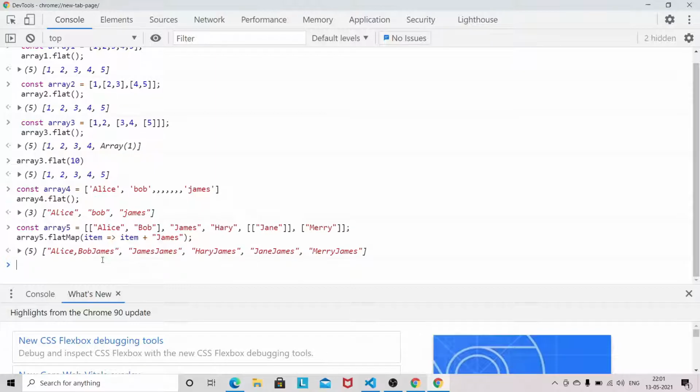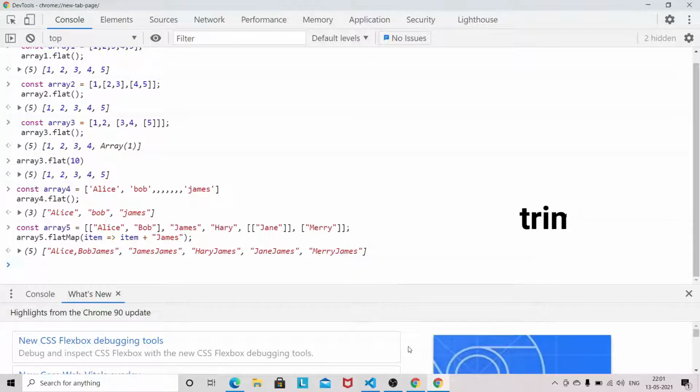So this is one example of flat map. Another feature introduced by ES 2019, or ES10, is called trim start.